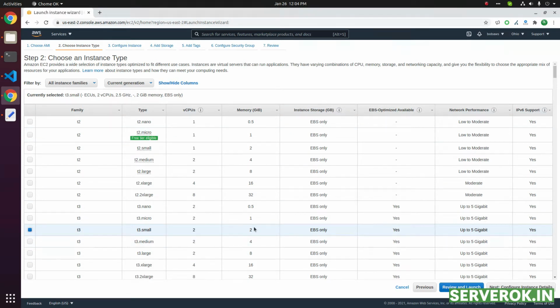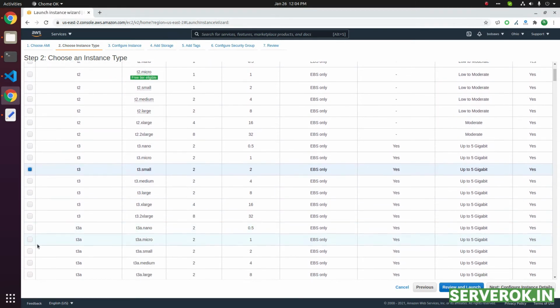There is another plan like a T3A Small. This one has an AMD CPU. This is Intel CPU. T3 Small is Intel. This is AMD. T3A Small is for AMD. It is the same 2 CPU and 2 GB. This costs approximately $50 per month. Click on Next,